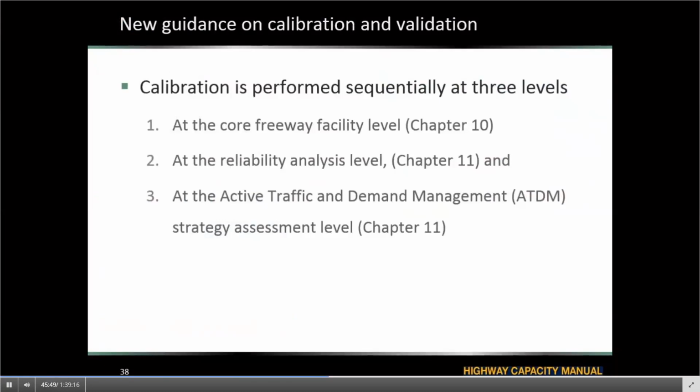As I mentioned, reliability and ATDM are built on top of the core freeway analysis. So as such, first the core analysis needs to be calibrated, and then reliability, and then ATDM analysis.